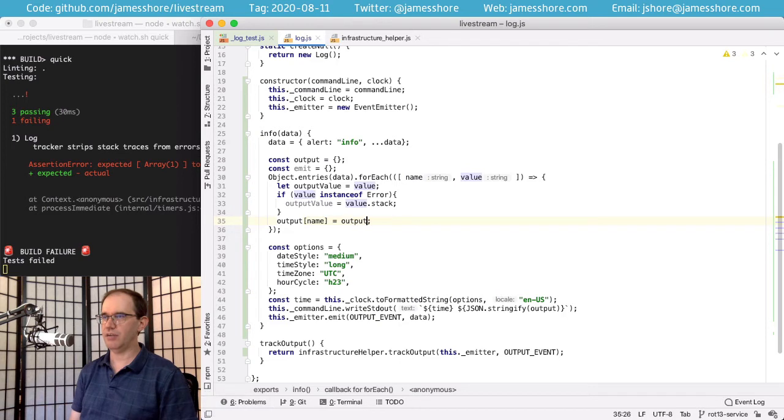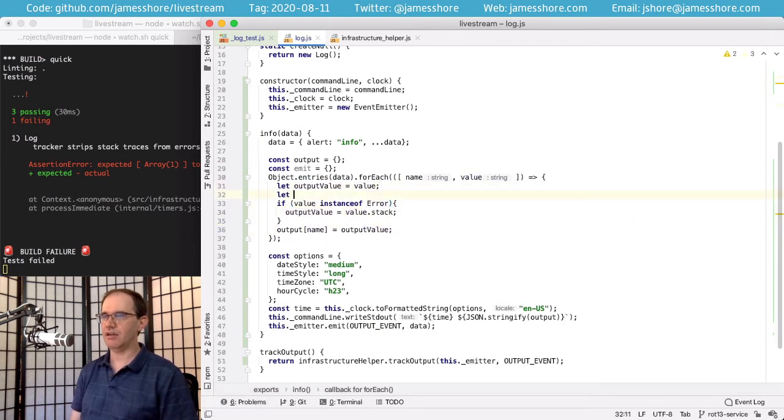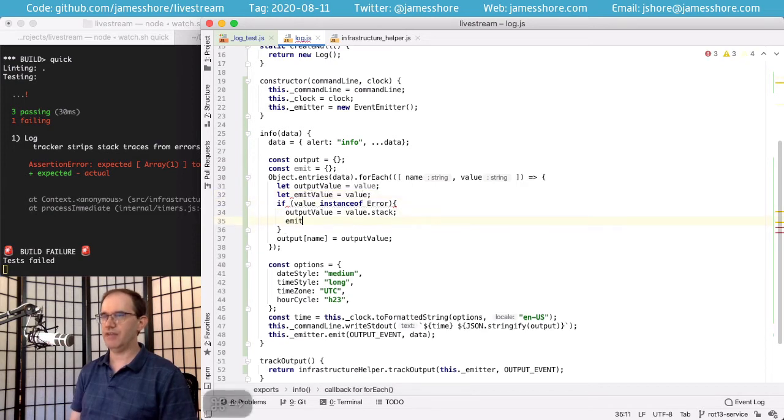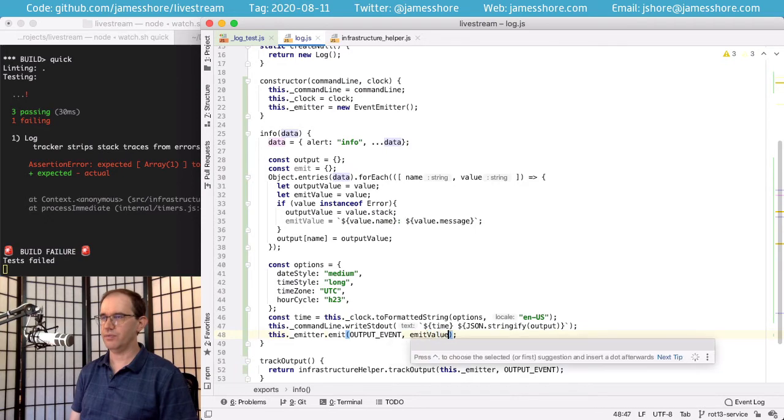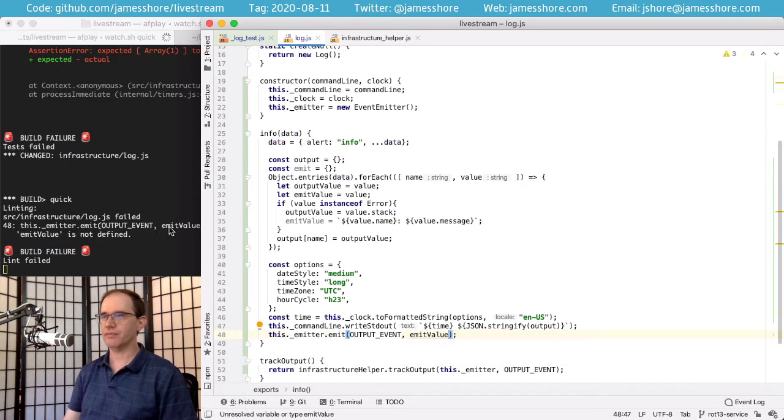And here it's going to be output value. And then we can do the same thing for the emit value, except the emit value is going to equal the name and message of the error. And then down here, we can use the emit value. Except not the emit value, just the emit object.